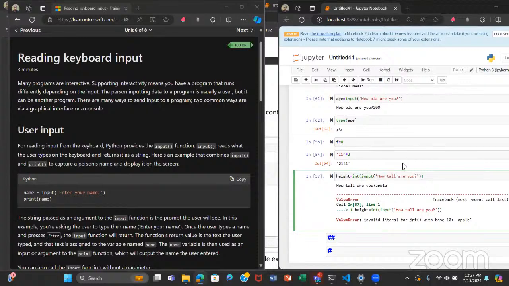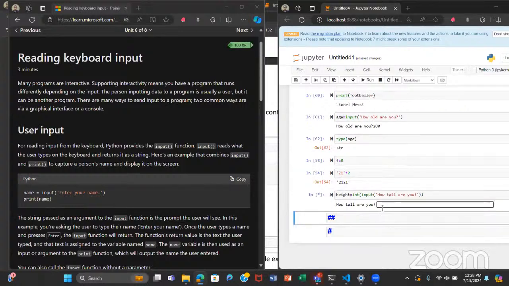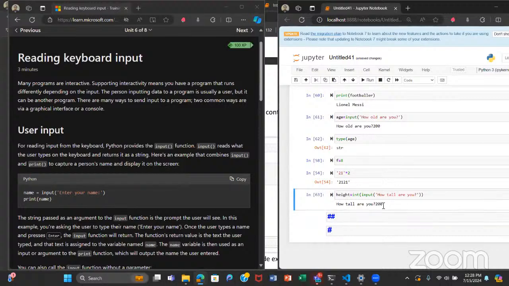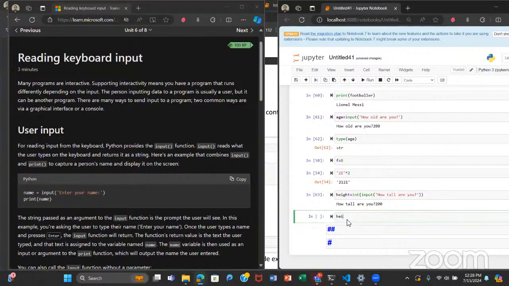So I told us that we could specify the type of data we want to receive from the user. How? As I mentioned before, for the integer data type, there's a function, let's call it a function, called int. In int, you put the input function, and then you write the prompt for the user, and then you run it. Then you put in the value. You come here and print the type of this variable.